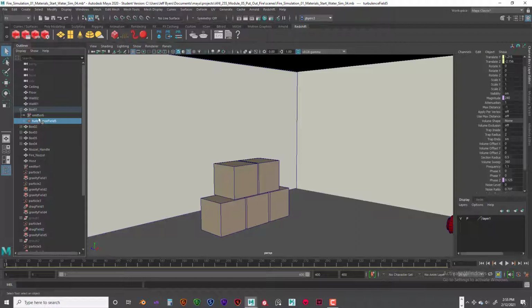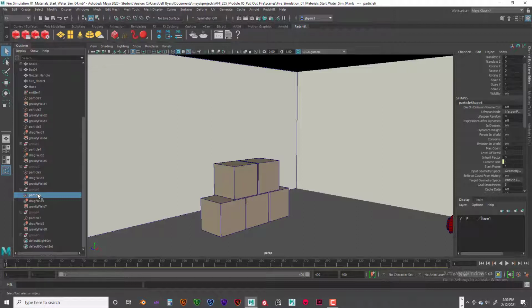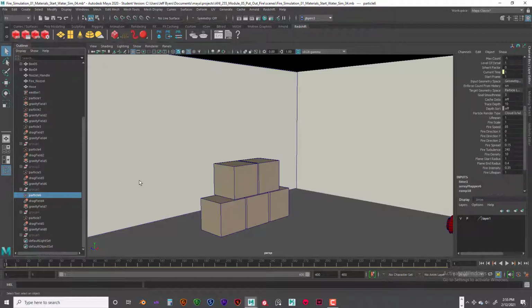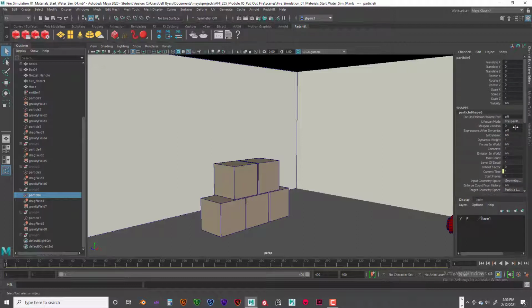So I'm going to go in here. So box 1, emitter 6. So I'm going to go down to particle 6, I think. Yes, there it is. Particle 6. We're going to go into the particle fields. So I'm going to start with 6. And you can change it per particle system. Okay. So what we want to do is